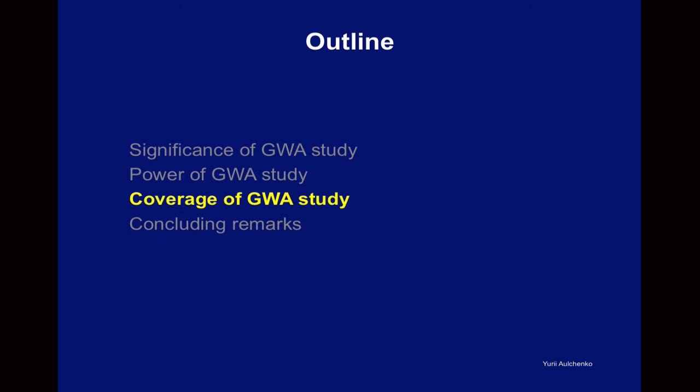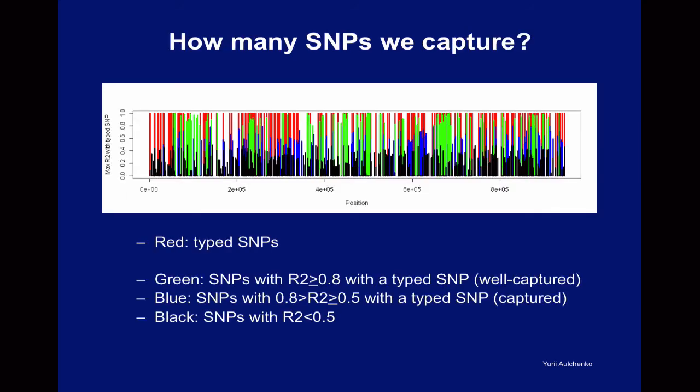Now I'm going to tell a few words about a concept related to the power, which is the coverage of genome-wide association study. And the coverage really depends on what SNPs you have on your SNP array. So to explain the concept of coverage a bit, here I demonstrate results for a simulation experiment, and I modeled a variation in a small genomic region, and then I mimicked the selection procedure for SNPs. It was mimicking the procedure which was used to pick up the SNPs which are present on genome-wide association